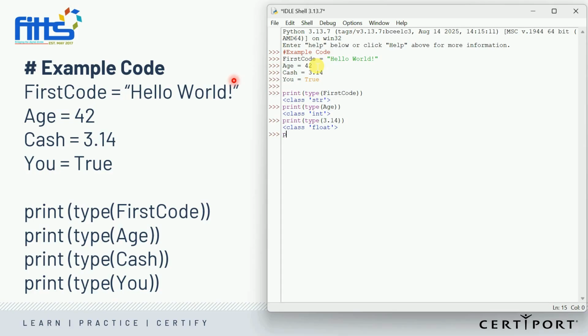Good. Then I'm going to print again. The type is what? U, which is our variable. I'll hit enter, then it tells me bool. So that is a boolean. So this is how you find out about the data type. And this is how you also assign